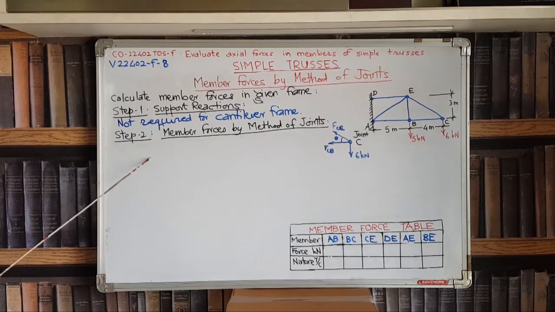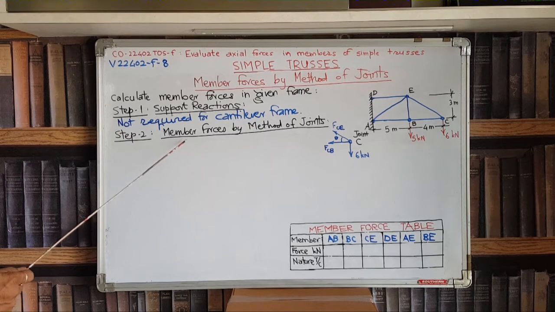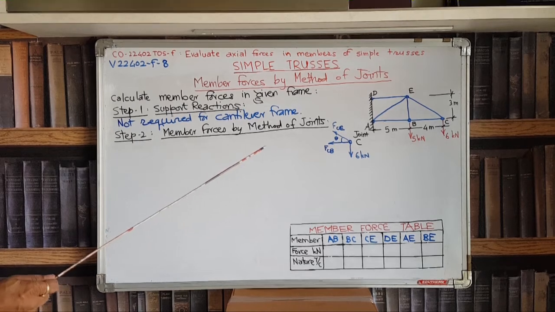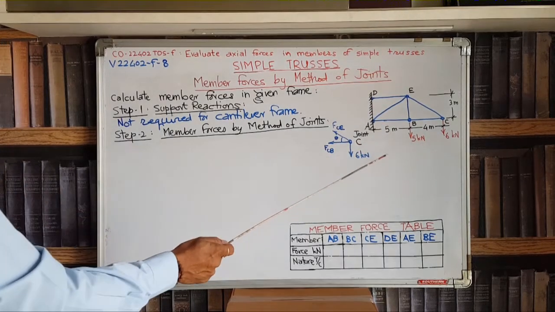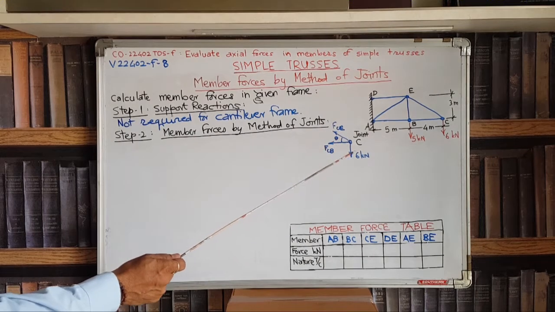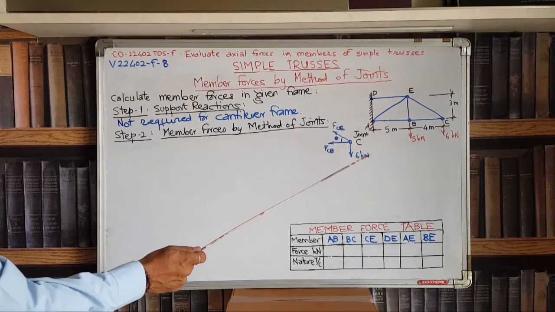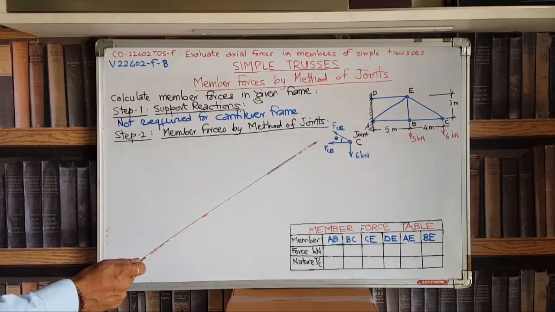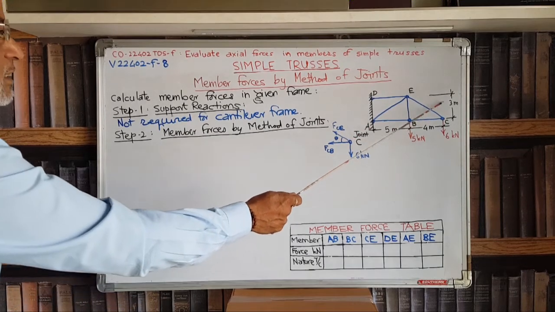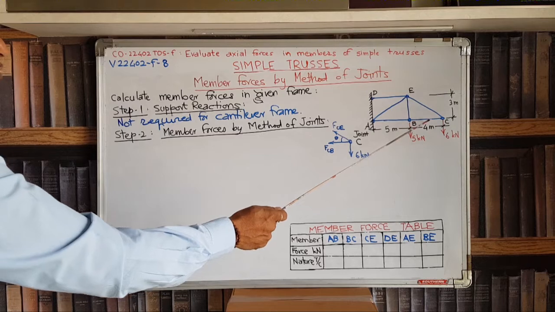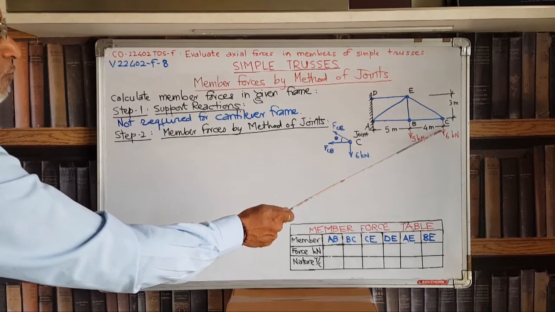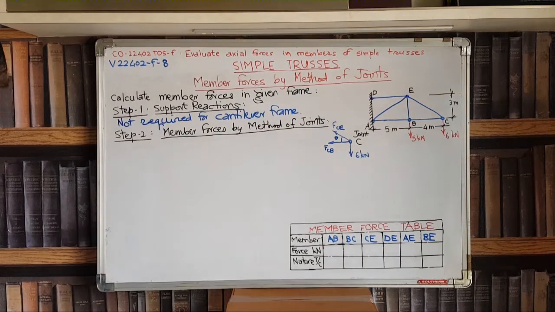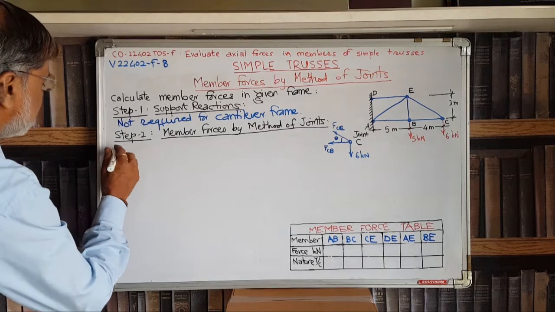Now we go for step 2. The procedure for step 2 is we will be applying the method of joints for calculation of member forces. Now we will select the joint appropriate to start with. We know that the condition for starting is that we should select such a joint at which there are maximum 2 unknown forces, not more than 2. So if we look at joint C, we will see that there are 2 unknown forces CB and CE and one known force 6 kN. So joint C is appropriate for our work. So we will start with joint C.